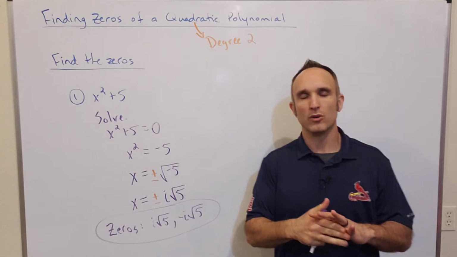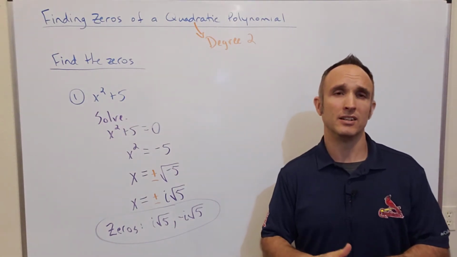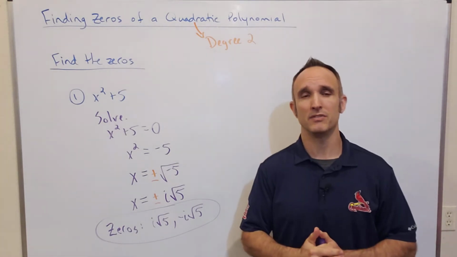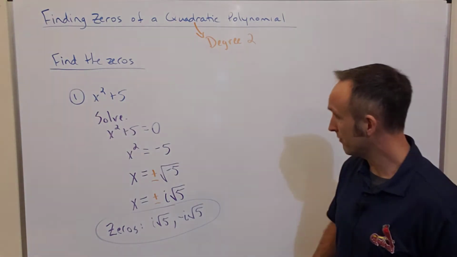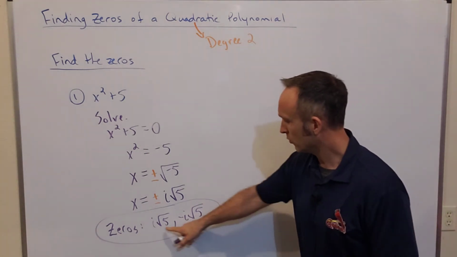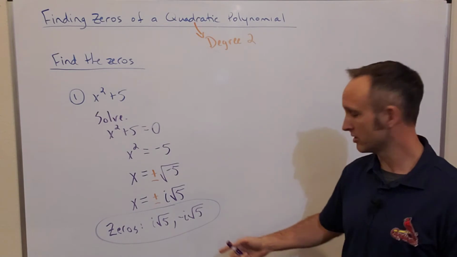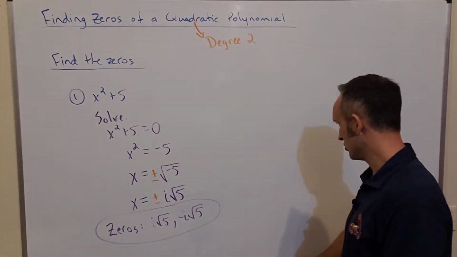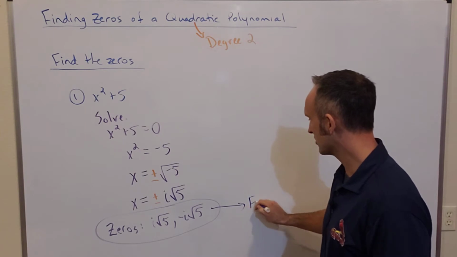So zeros are important for many reasons. They can be useful in graphing. They can help you find intercepts, x-intercepts specifically. They can help you solve equations. They can also help you factor. So one thing that you can do from this is you can use these zeros and turn them into factors. I suppose I could show that really quickly. If you wanted to use these to factor